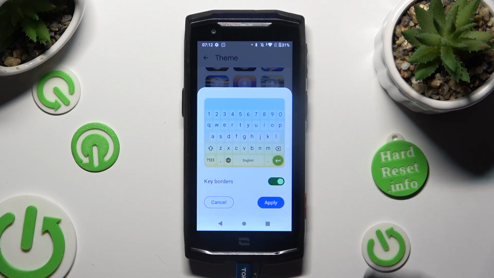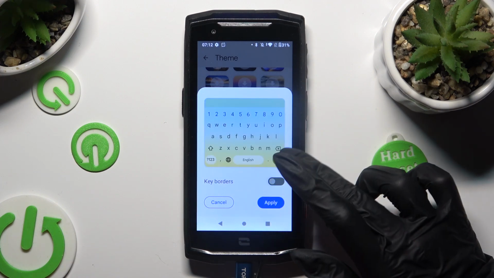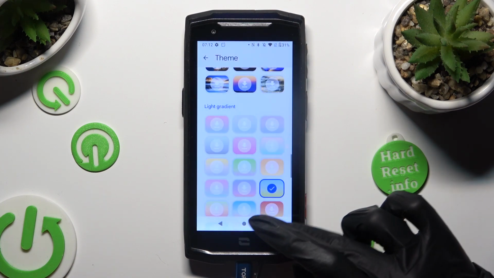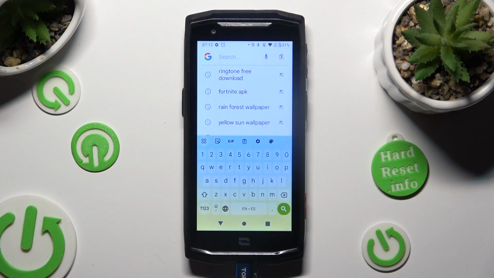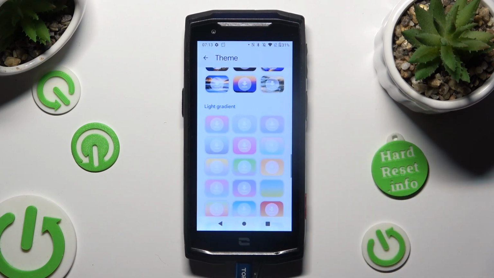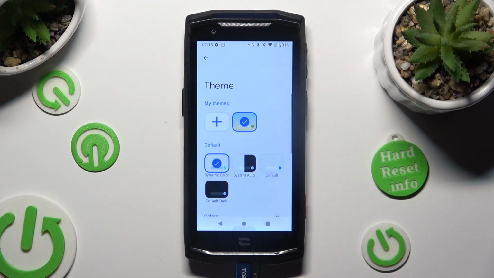Tap on this switcher next to keyboarders to manage them. And finally, hit apply. So when I do that and go back, I can see that theme of my keyboard has changed. If you wish to customize it instead, go back to exactly the same settings, but this time tap